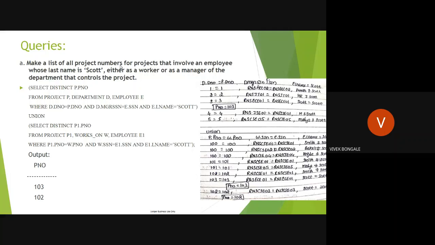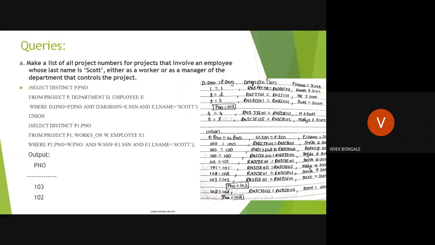And next, from which table we need to retrieve that attribute value. First, the attribute value we need to retrieve is specified in the select clause. In the from clause, we write from which table we're going to retrieve that attribute value.